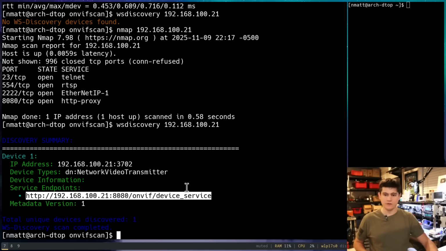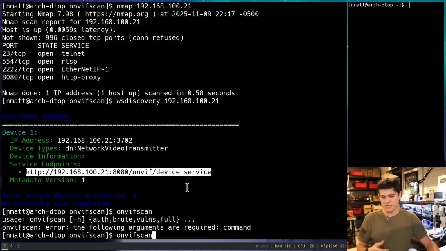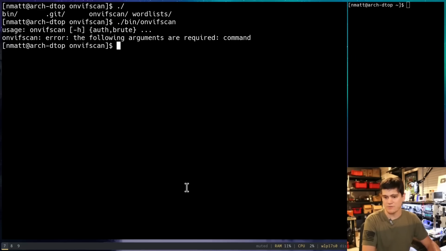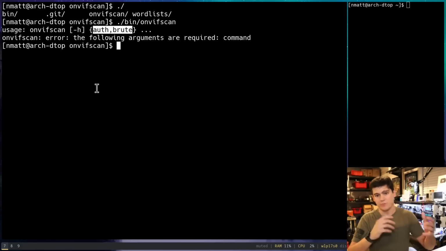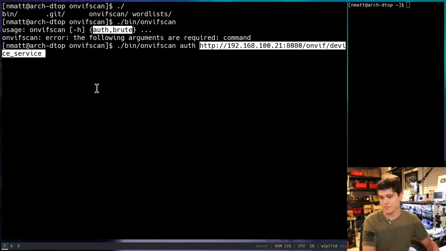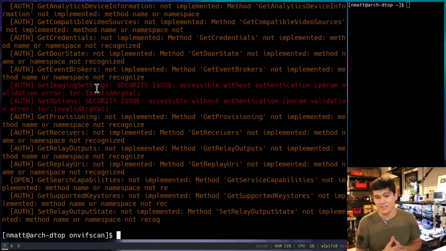Now these two tools work together really well, because we're just going to take this service endpoint and pass it to the onvifscan tool. Let's clear this out, and I'm going to go to bin onvifscan in our repo, and it's going to tell us that it requires a sub command. We can either pick auth or brute. Brute is the brute force part of the tool. So we are going to use auth,